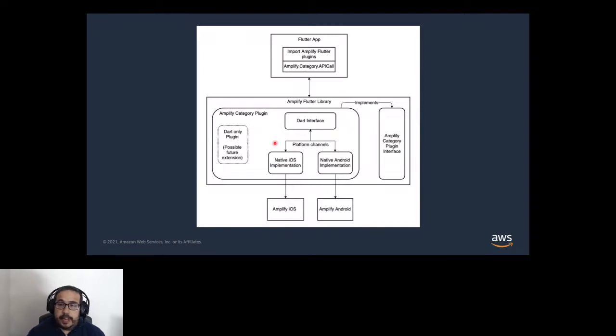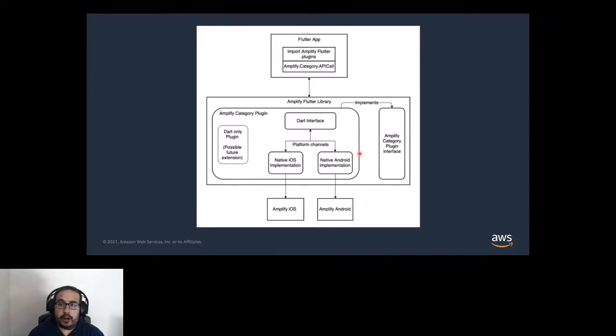This library is also designed with a pluggable architecture in mind. So we are trying to think ahead. This architecture involves writing a plugin interface in Dart for each category. Now, this plugin then implements, and currently all the plugins use iOS and Android, but this design will allow us in the future to use Dart-only SDKs and target different platforms like web or desktop. So today, again, to recap, we're using a